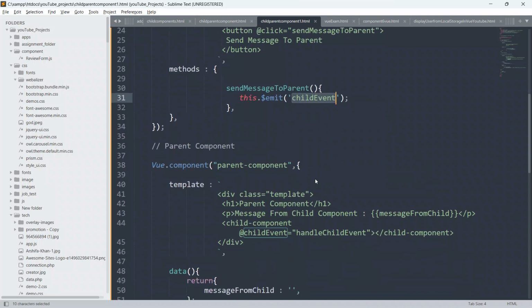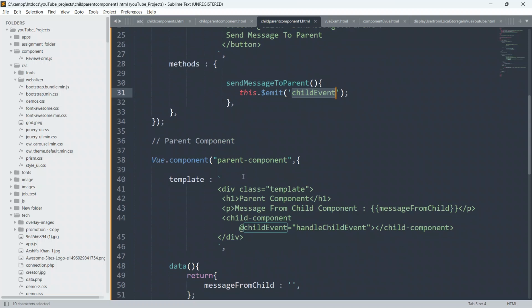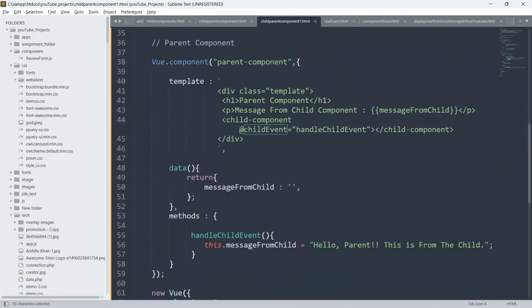This function, this signal, this message will be listened to by the parent component, and dynamically it will put text inside this message, and we will be able to see the text.